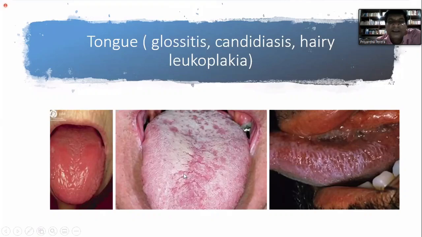Usually this occurs in immunocompromised patients. It is not normal to have candida infections on the tongue or in the oral cavity. It can be a feature of poorly controlled diabetes mellitus, or of HIV. Even in a patient with HIV, if you have candidiasis in the mouth, it indicates the patient is going into the stage of AIDS. So it's an important physical sign. And you might see the same changes in the cheeks as well.